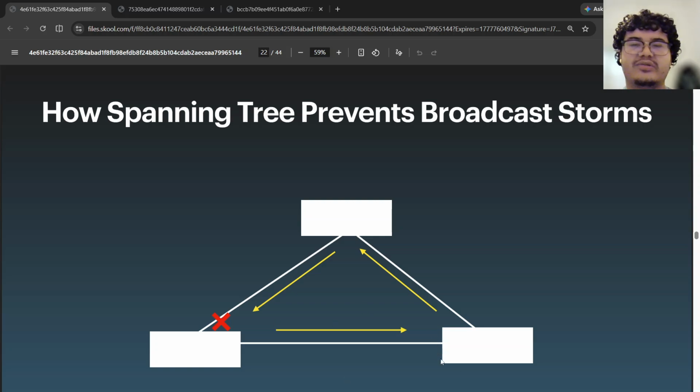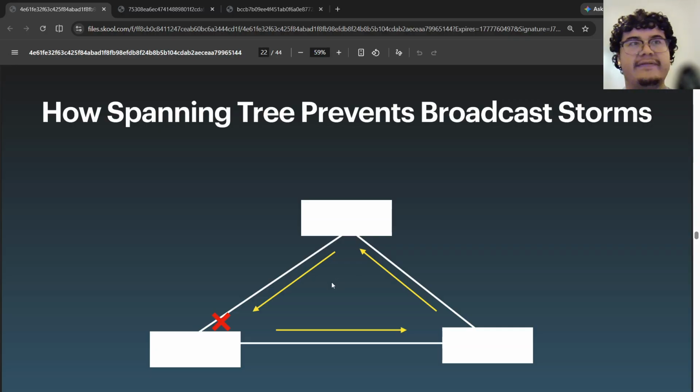Again, see how we said, well, this one's blocking. In our example earlier, this one was blocking. But this is the redundant path right here. Because they can get to this one through here, as well as through here. And whenever there's a redundant path, it's going to block either this one or this one. And it does this based on, I'm pretty sure, the cost, because certain links, like Fast Ethernet and Gigabit Ethernet, right, have different costs. And then after cost, the bridge ID, excuse me. The bridge ID is the MAC address and the priority,